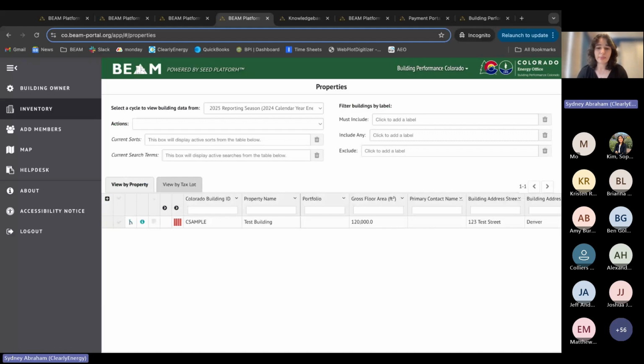The other common reason why we see people not able to find their buildings here is because there are different calendar year cycles that we can see here in the inventory. So I click here on this drop-down menu. You'll see I can toggle back and forth between all of the 4 reporting seasons that this program has had so far. So if you're either not seeing your building at all, or you're seeing data that just does not match what you're expecting to see, the explanation for that is that you might be looking at the wrong reporting